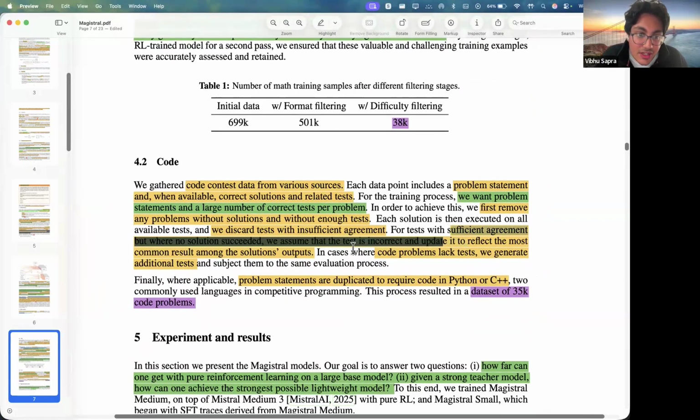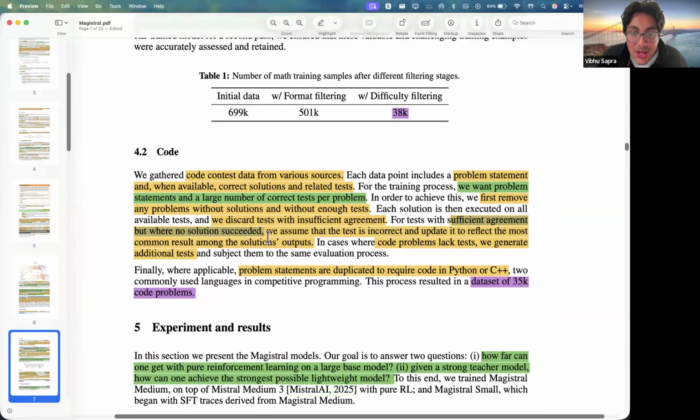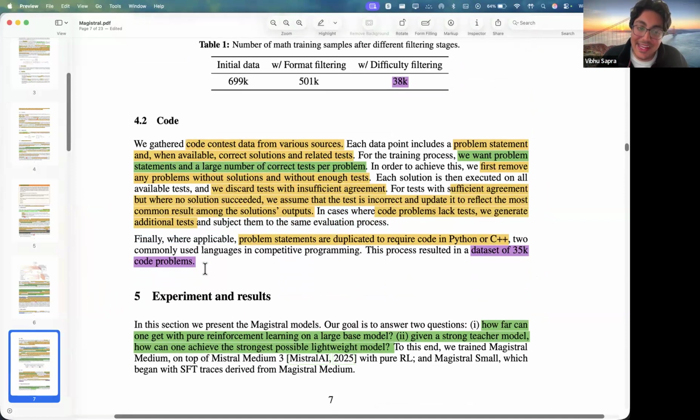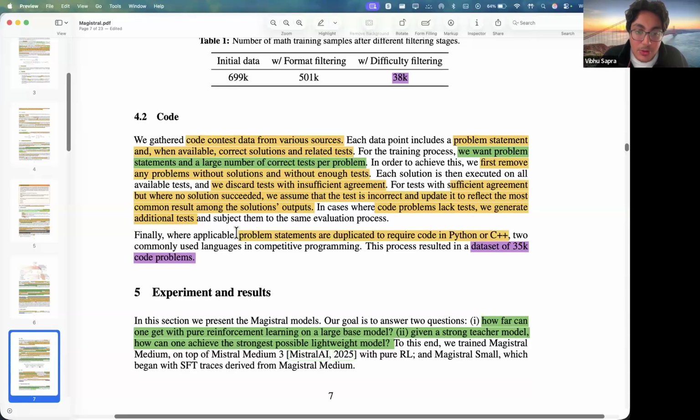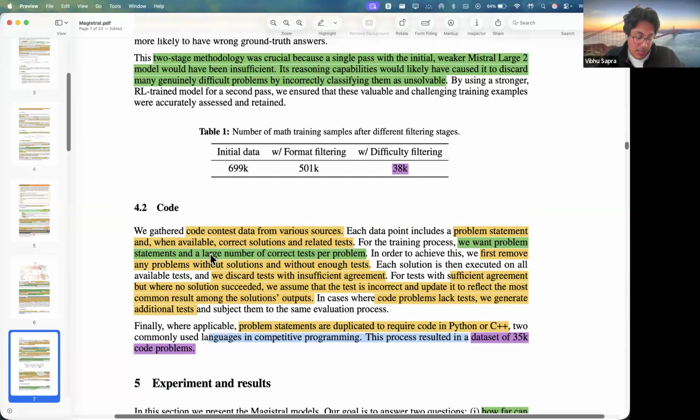On code, for tests with sufficient agreement but no successful solution, we assume that the test is incorrect and update it. That's some next level stuff, right? I don't know if it's that next level, but basically your test is wrong, so we'll rewrite our test. In cases where the code lacks tests, we generate tests if we are confident we can. This paragraph is also a good bit of work. Finally, where applicable, problem statements are duplicated to Python and C++, then we have 35K samples. Here's where they're like, hey, we can't tell you everything. We don't tell you how many we started with. We just end with